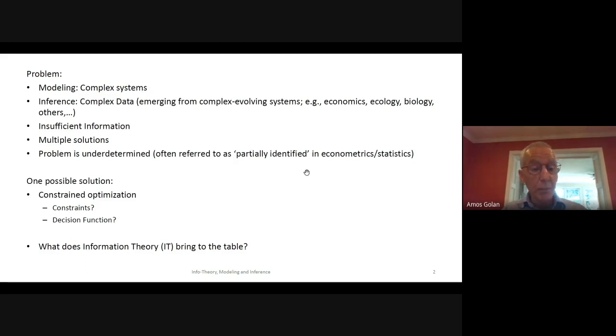The other possibility that I'm going to talk about is to convert this underdetermined problem into a simple constrained optimization. All the information that we have, hard data, which is the numbers that we observe, the observed information, including assumptions, conjectures, whatever we want, things that we believe we know and then we can validate. Those will be the constraints. And then, of course, we have to choose a certain decision function.